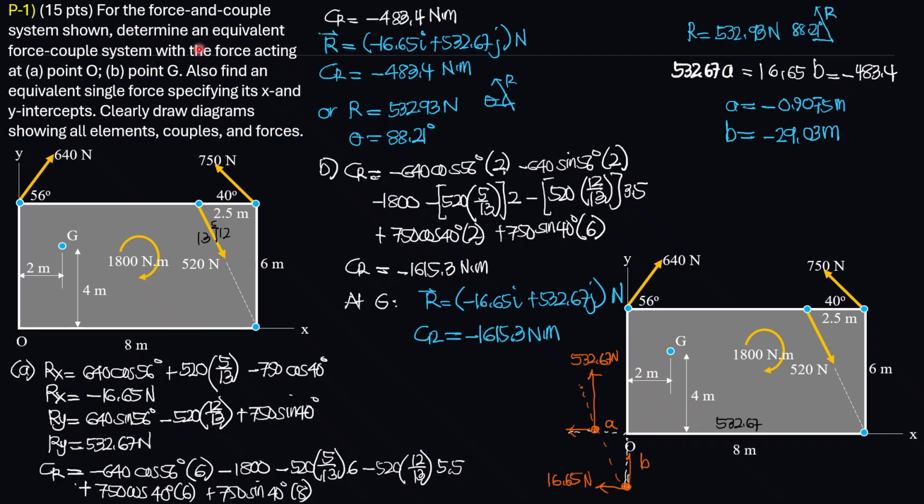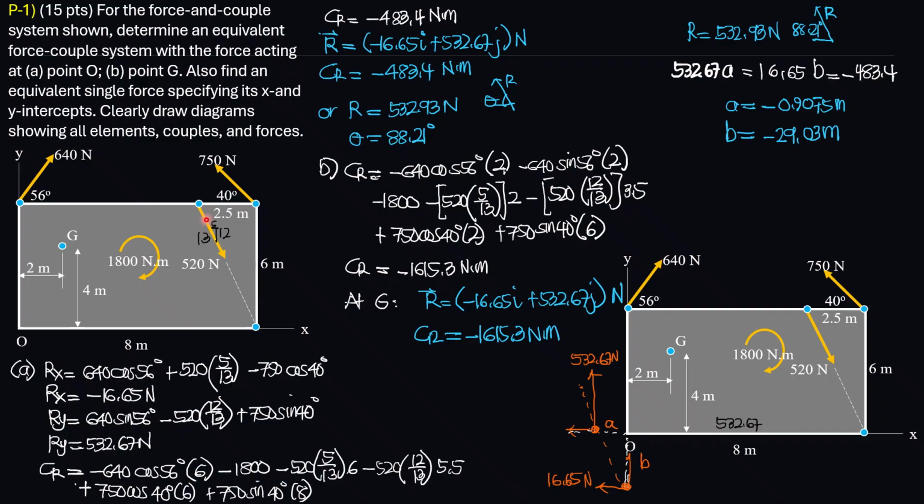For the force uncoupled system shown, determine an equivalent force coupled system with the force acting at point O, B, point G. Also find an equivalent single force specifying its x and y intercepts. Clearly draw a diagram showing all elements, couples, and forces. So this is the